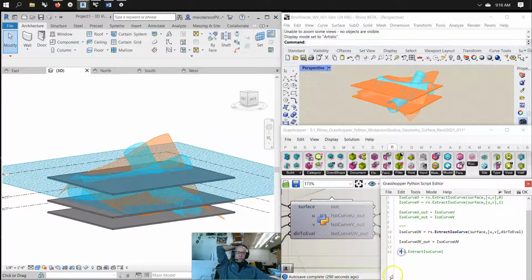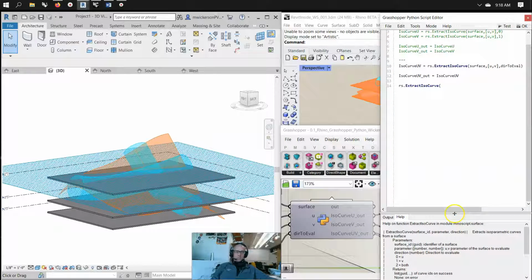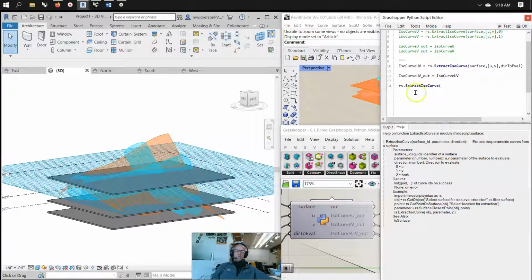And why I put this in at the bottom was so you can actually see what's being called upon. So as you type in functions in Rhino script, hit your parentheses, and immediately you're going to get hit with what is needed, what is necessary. Now there's no point cutting and pasting this in as comment because it's right here. So help on function extract ISO curve in module Rhino script surface, extract curves from surface ID. You'll need a parameter and you'll need a direction. Extract isoparametric curves from the surface and the parameters of the surface, GUID